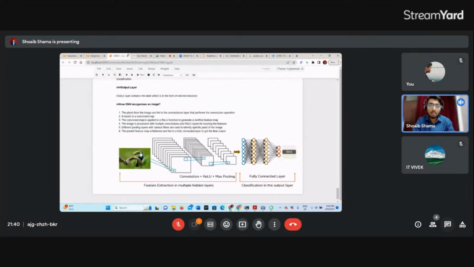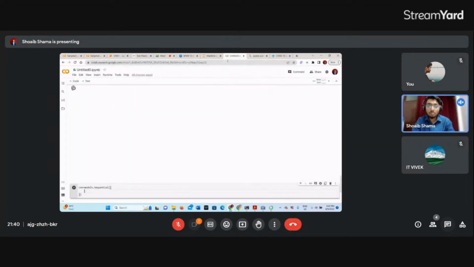From here, for a CNN we first need to add a convolutional layer. So let's add a convolutional layer here. We use layers.Conv2D. Okay. So we have to add filters now. Let's add 32 filters, so it will extract 32 features.